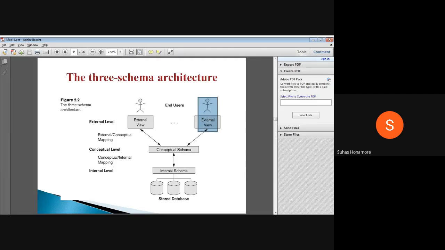If you remember, what was happening in the file system: whenever I modify some data, or add any column, say one text file has a first column as an integer value and a second column as a character. If I swap those two, in my C program also I have to swap them. While reading, instead of percentage d, I have to read as percentage s. So in a file system, modifying data means modifying the program also.